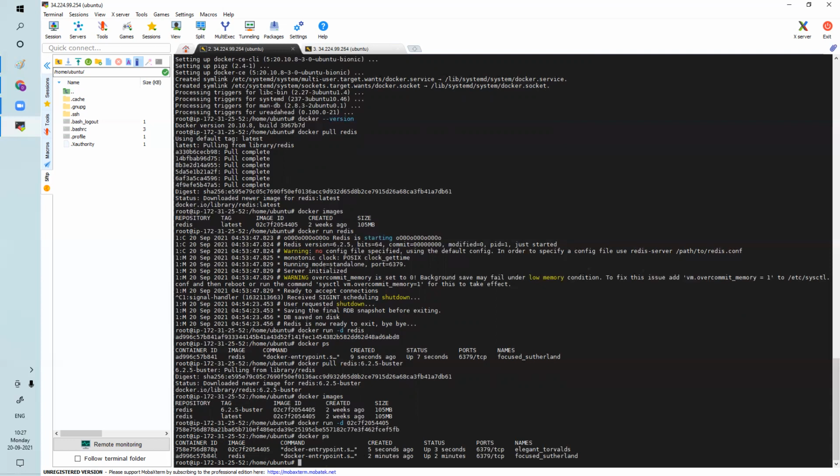So now if you want to monitor this container level information, you need to install Dynatrace OneAgent as container based.